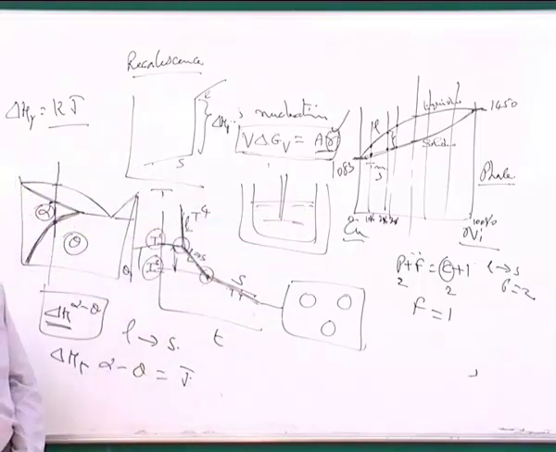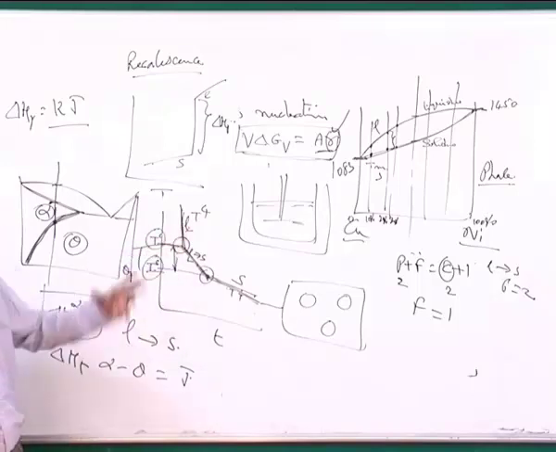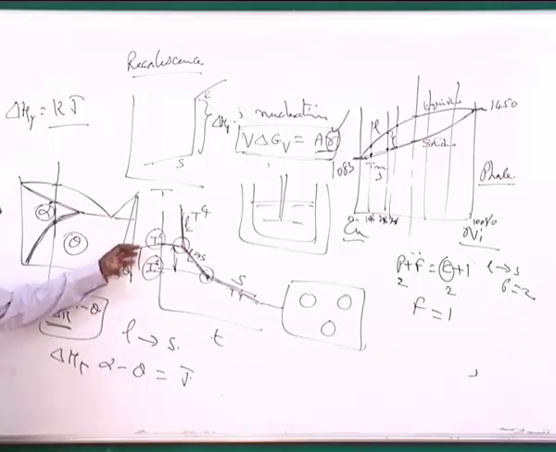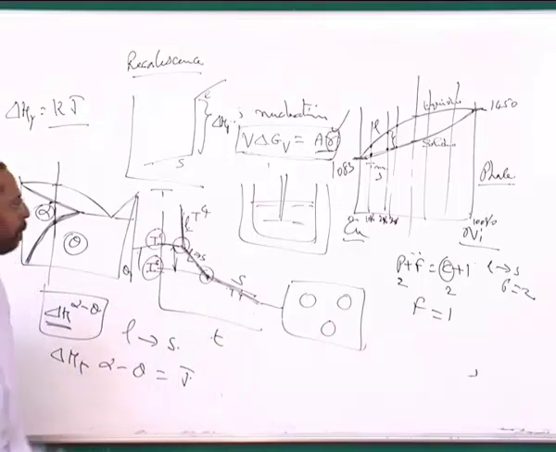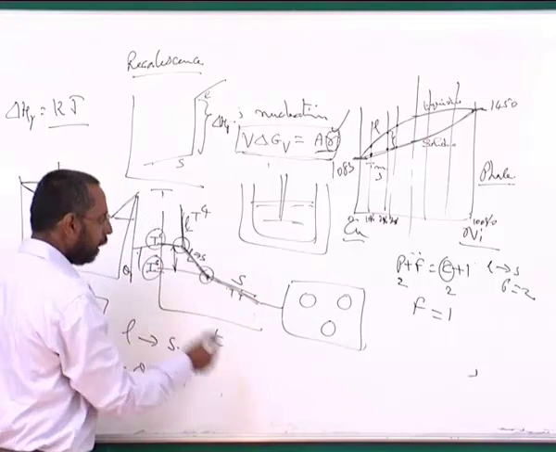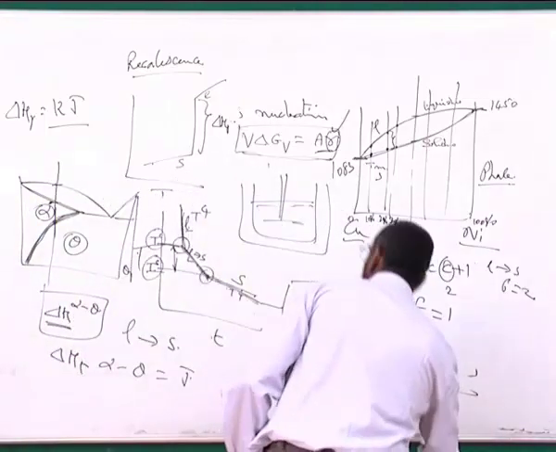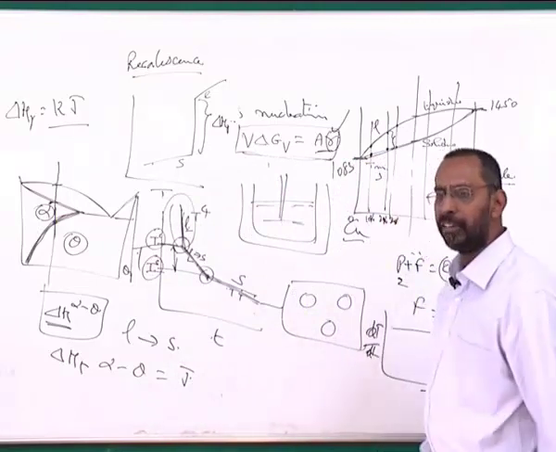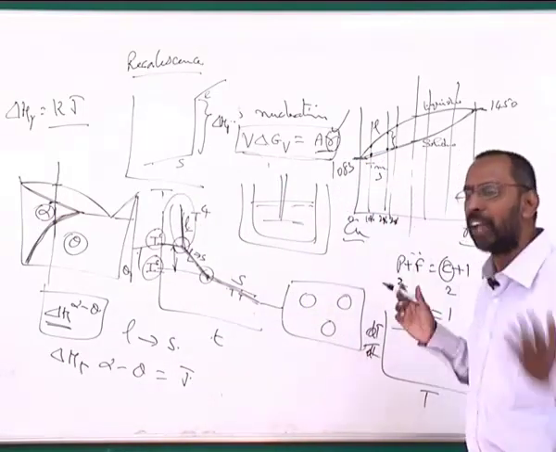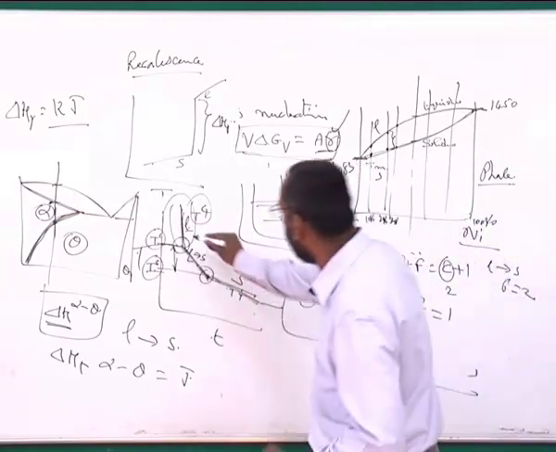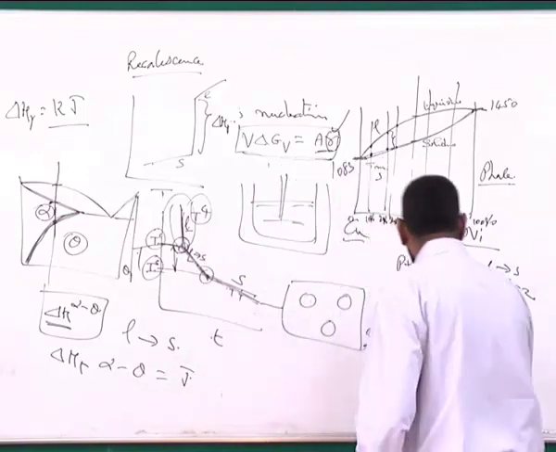Sometimes what we also do is to make this more sensitive. Instead of just plotting the temperature versus time, we take the slope of this as a function of time. So basically dT by dt as a function of time, and when you plot the dT by dt as a function of time, you will see, for example, if this slope is constant, then you would see a constant here. I mean, I'm saying it as constant, but actually it is not constant, it is T to the power 4. For the sake of understanding, let us understand. So here suddenly there is a slope change, so you will see a sudden step.